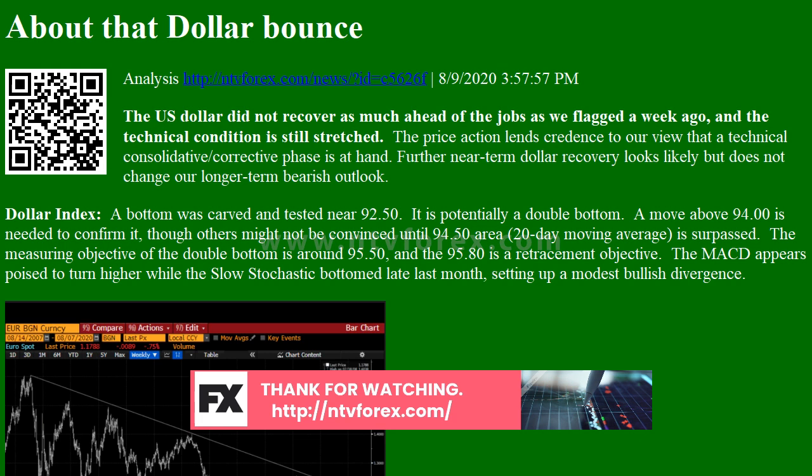Euro: A potential double top is in the euro. It checked the air above $1.19 at the end of July and made a fractional new high in recent days. In between, it had fallen a little through $1.1700. That is the neckline of the double top and implies a measuring objective of near $1.15. We had offered a $1.1650 target last week. The 20-day moving average